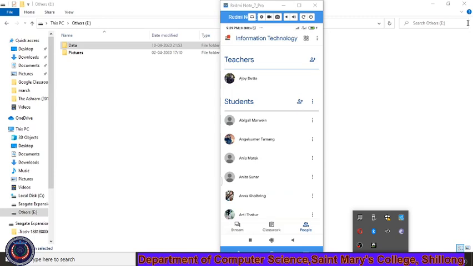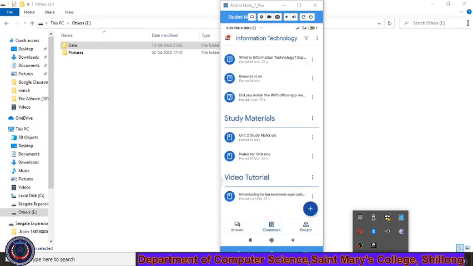Now this is one part, that is how you add your students. Now the next important thing is how you can give the students the assignments, the questions and all. So you have to go to the classroom tab. Once you go to the classroom tab, in my case you can see that